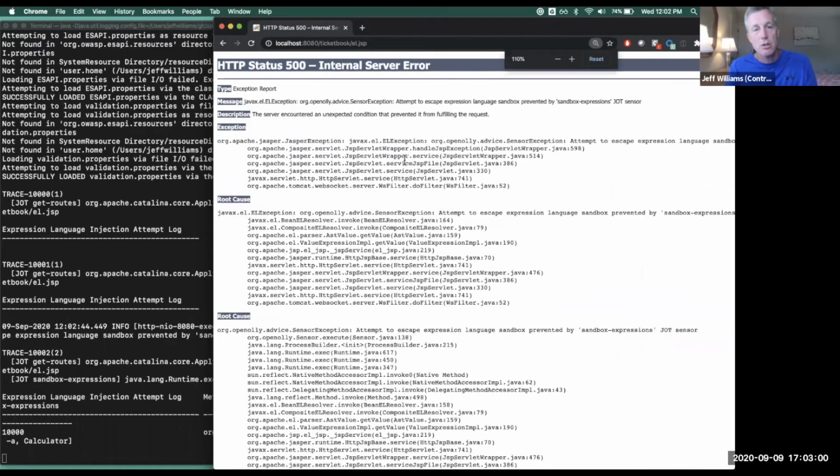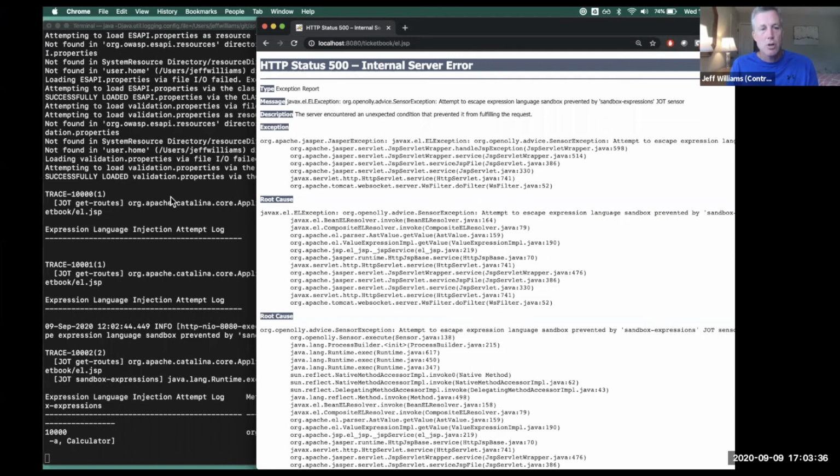So this is a really powerful technique for protecting applications against attacks. If any of the companies that have been exploited by expression language injection had this jot in place, they'd be safe now. Over the last few years, there have been dozens of these expression language injection flaws in Struts and Spring and other libraries. So it's a powerful technique. And again, it's not just Java. Jot is currently just Java related, but the idea here is you can use instrumentation in any environment.